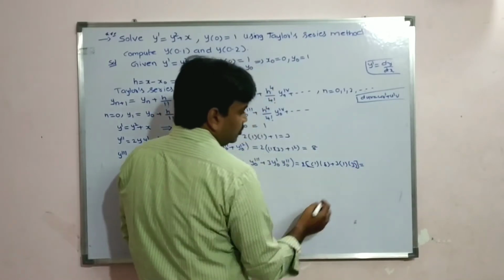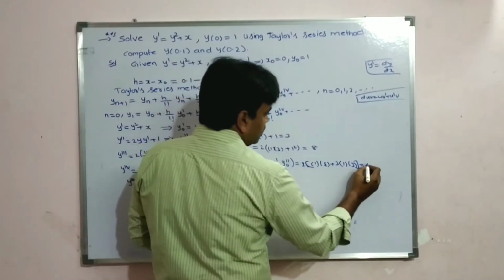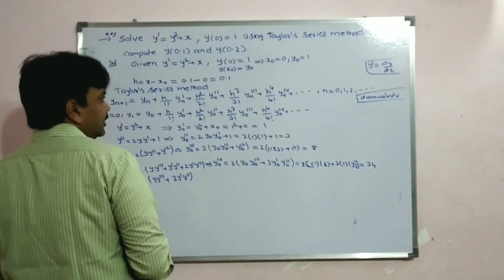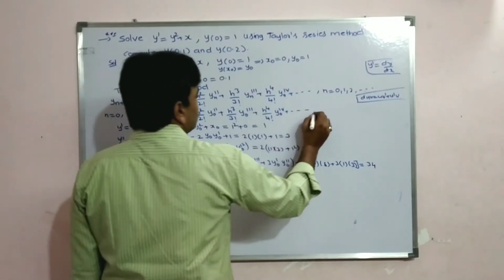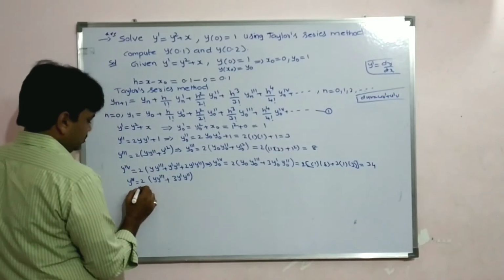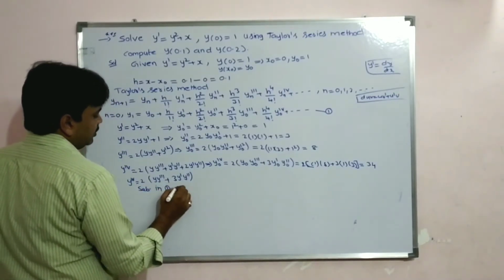That is equal to 3 into 3, 9. 9 plus 8, 17. 17 2s are 34. So this is 1, students. Substitute in 1. We get